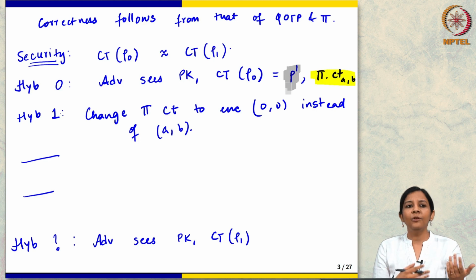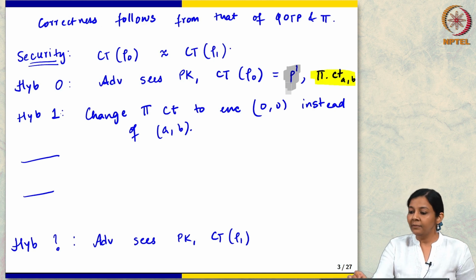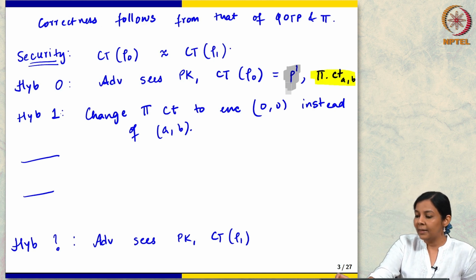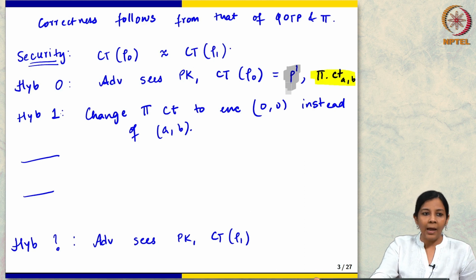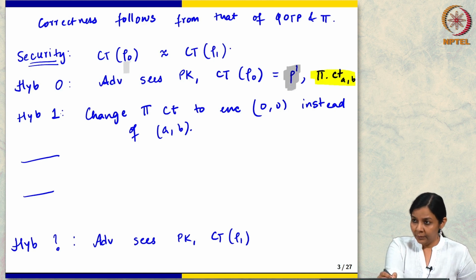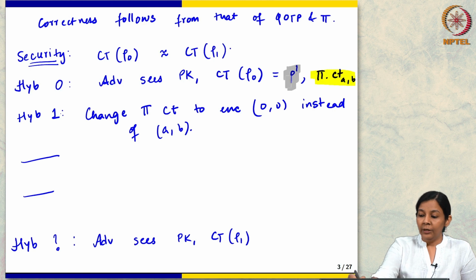So, then let me ask you, why does his other suggestion work? He is saying that I could instead just replace the PKE ciphertext from AB to something else. So, I said let us just do 0 0, I mean that is as good as anything else. I could do 1 1, it does not really matter. So, then why is it not a problem? Okay, the answer was that it is okay to do this because we do not know what rho 0 is. So, we only know, okay. So, by the way, rho 0 and rho 1 both are known to the adversary.